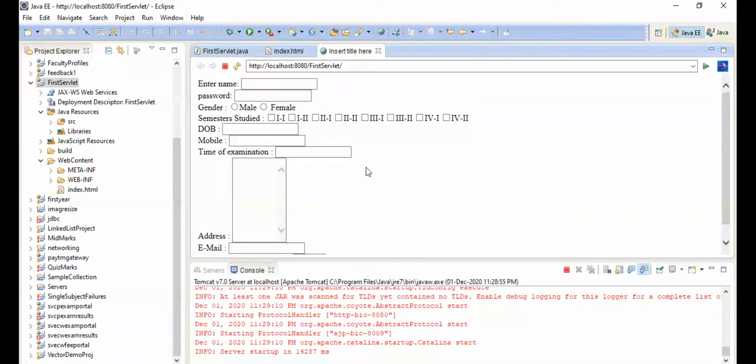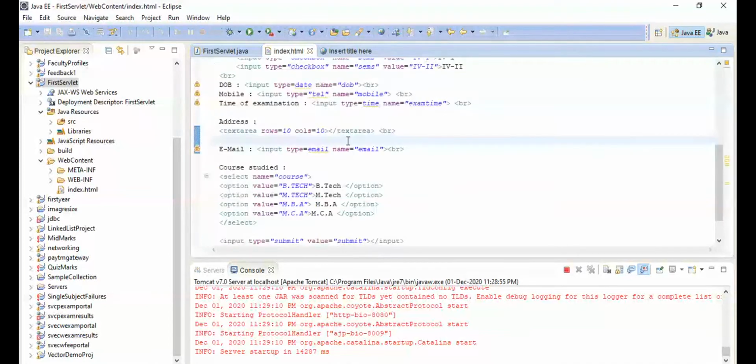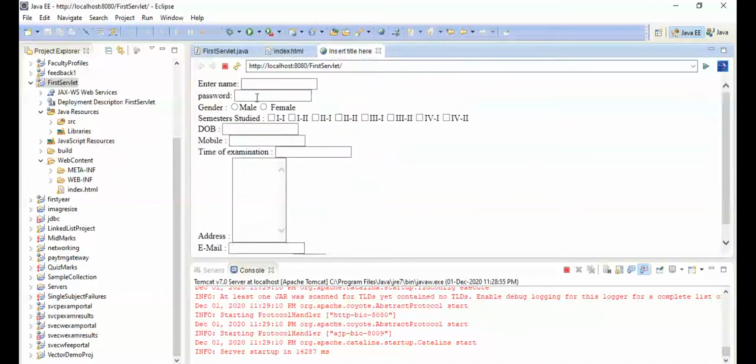So for placing these controls very neatly, we have to place them into either a table or any other frame we can use. But I have not used those controls or tags for placing these elements. Our target here is that the end user can give the information in these kinds of form elements.